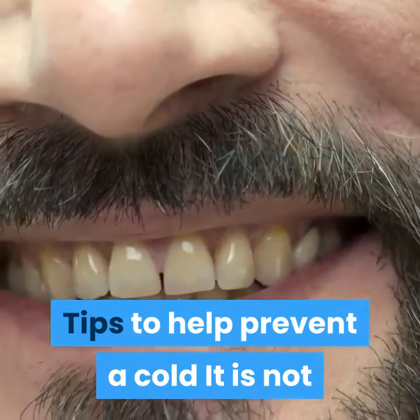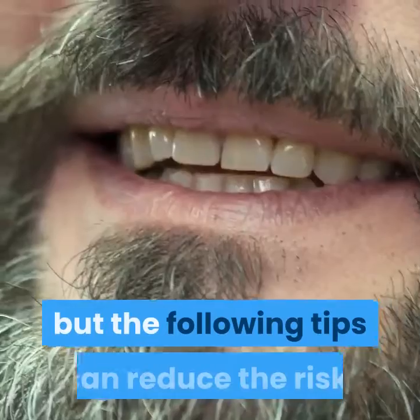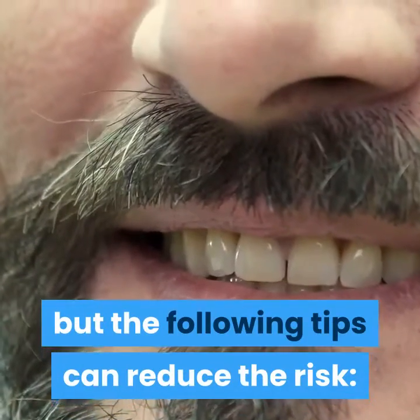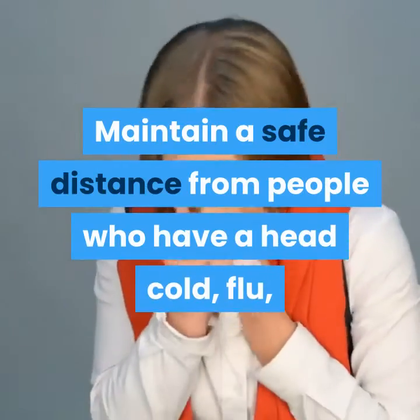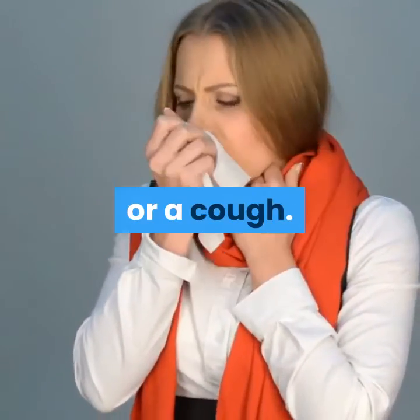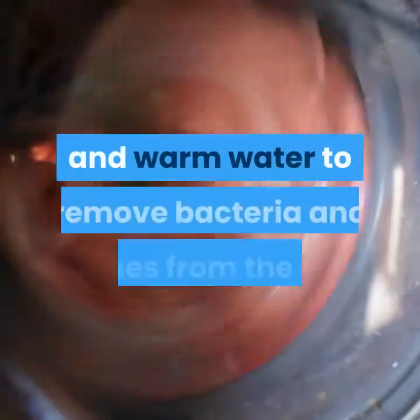Tips to help prevent a cold. It is not always possible to avoid getting a cough, but the following tips can reduce the risk. Avoiding contact with people who are sick: maintain a safe distance from people who have a head cold, flu, or a cough. Washing hands regularly: use soap and warm water to remove bacteria and